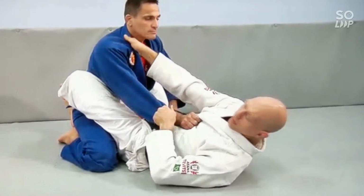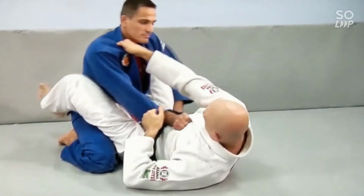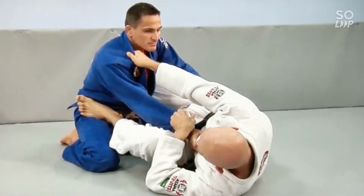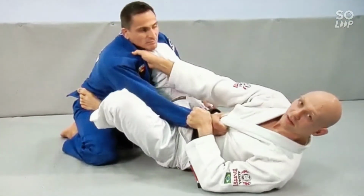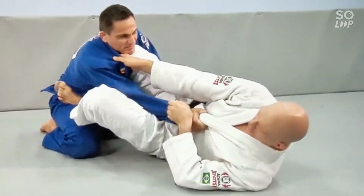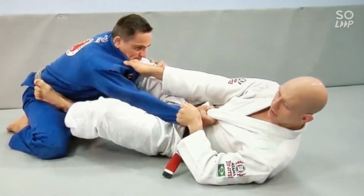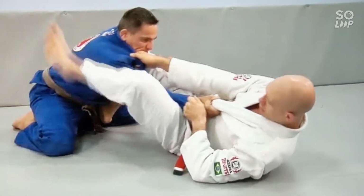There's different ways to do this sweep, but here's what we're doing today. Start with the sleeve and collar grip, foot on the ground, move my hips away. That creates room to put this foot on the hip here. I'm going to put my other foot on the hip, and put the knee in the middle, and push and pull. This knee is kind of irritating to him. Here I can stretch him out with my feet and pull in with my hands. At some point I open my leg and I'm going to chop in here